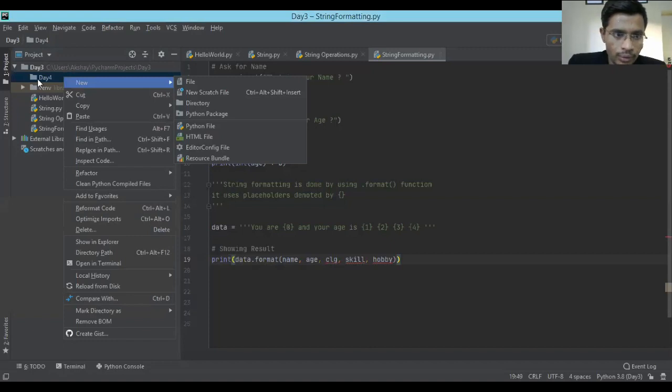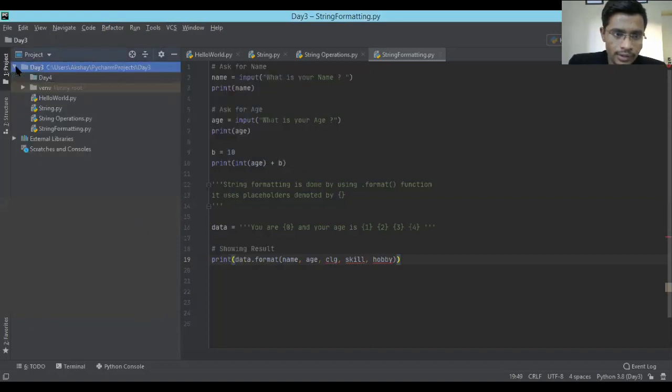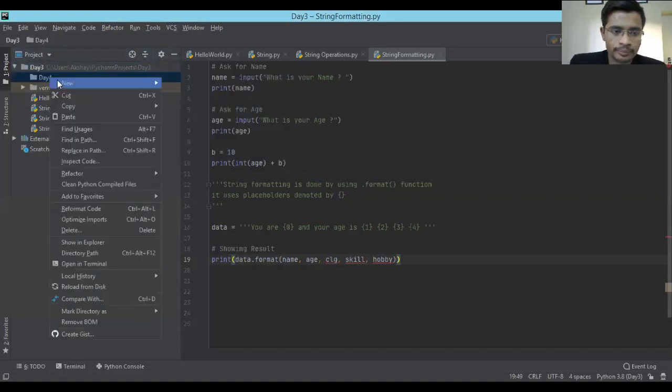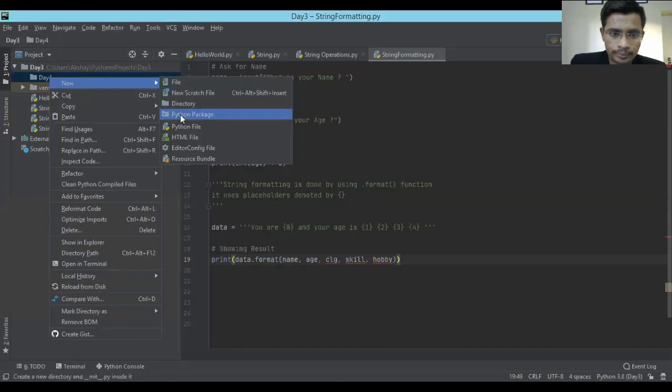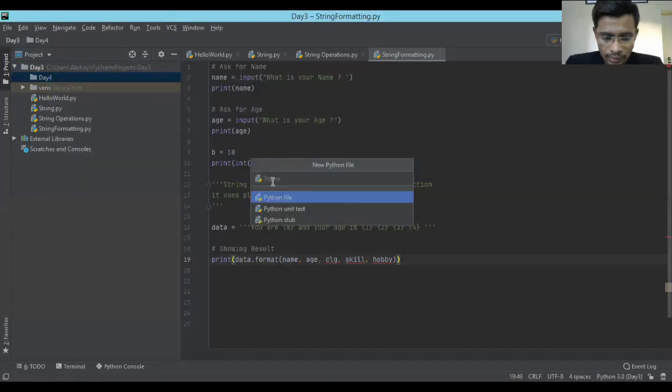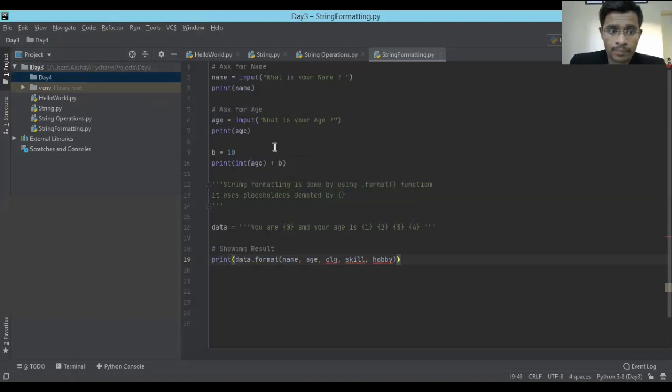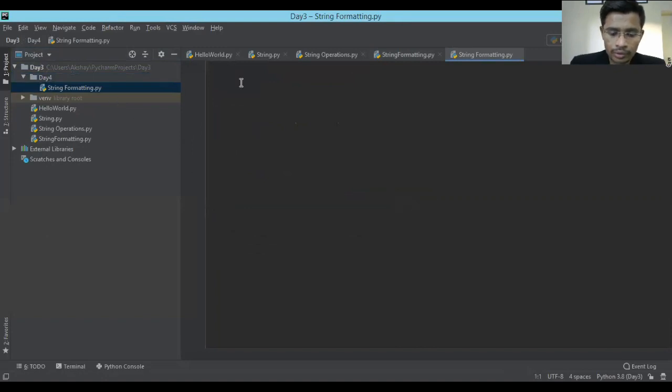In day 4, I just created a Python file inside this. Okay, this is my new thing. Yesterday we took two inputs from the user.